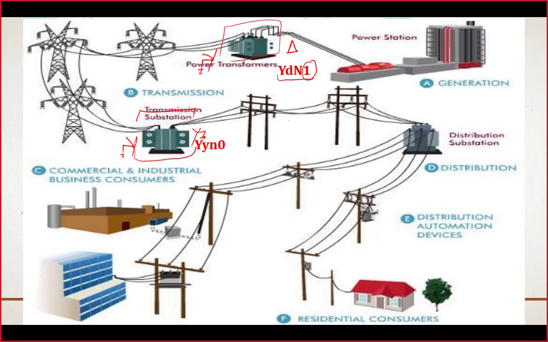Next, this is a sub-transmission line network in our system that will be 132 kilovolt. Then comes the distribution substation. This transformer has a vector group of DY N1. Here the high voltage side will be delta, the low voltage side will be Y, and the Y side will lag behind the high side by 30 degrees. So it means this delta should be in leading formation. That should be a leading delta in order to implement this vector group.